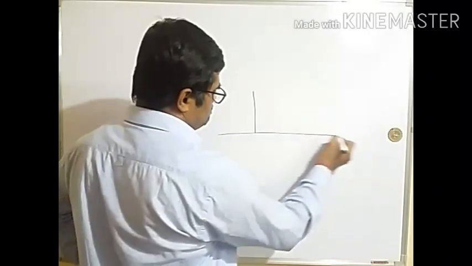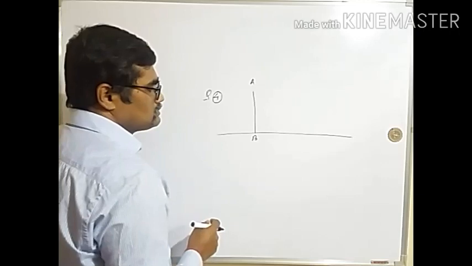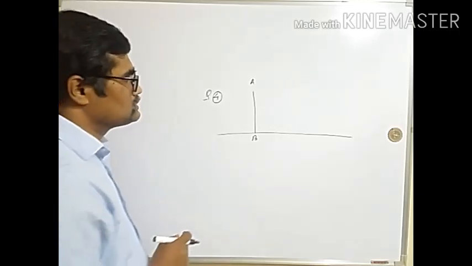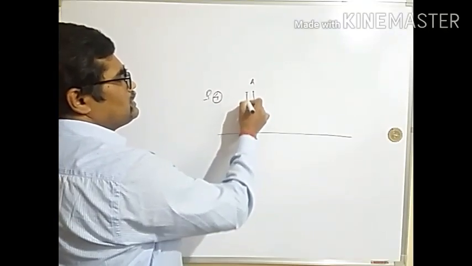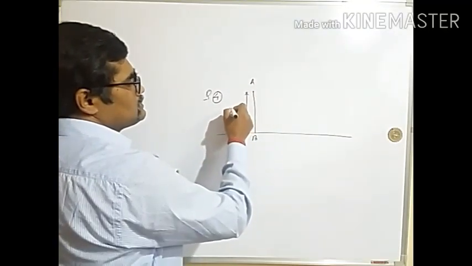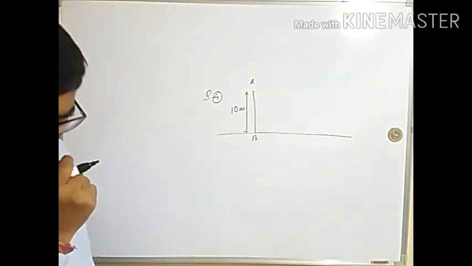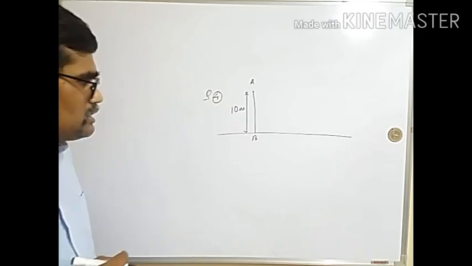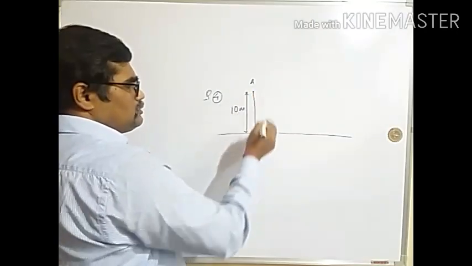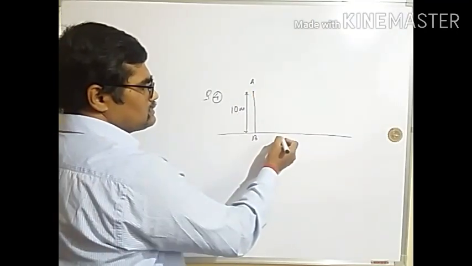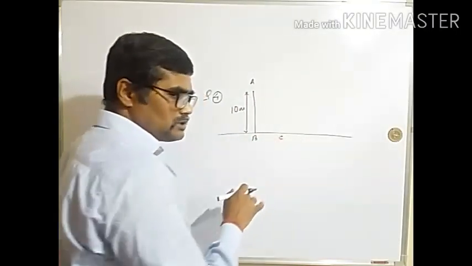Supposing that there is a tower, and then there is a person sitting here, and the height of the tower is say 10 meter, right? 10 meter. Then from here he noticed a car which is in the level of the foot of the tower,